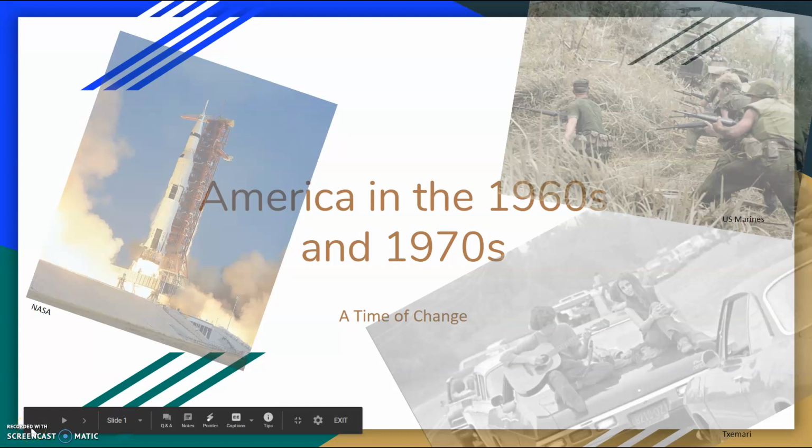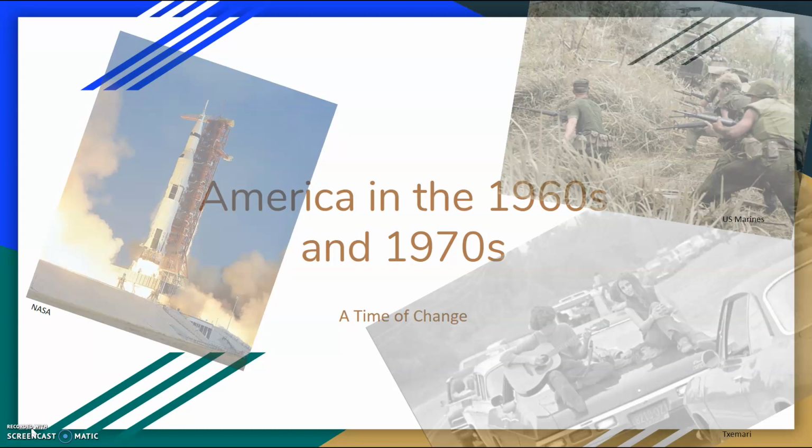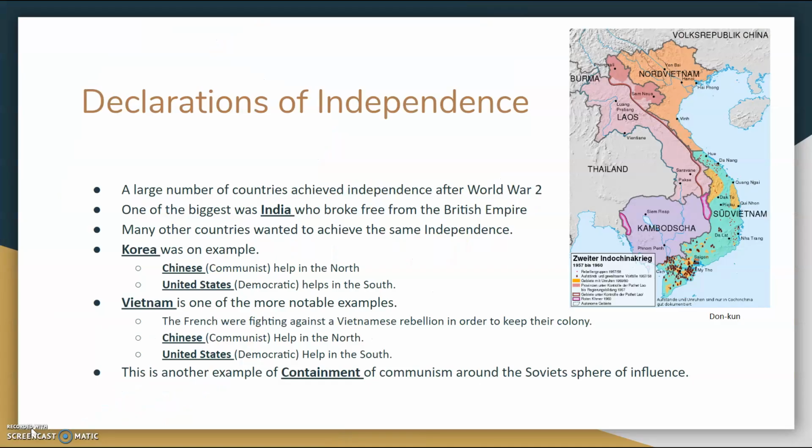Right, students, we're going to review the 1960s and 1970s. What we're going to find out is this is a time of a lot of change that takes place in America. We're coming out of the 50s, where, as you've learned about earlier in this web quest, the 1950s was a time of a lot of homogeneity, and people were building the same houses and living in the same communities. And what we're going to see in the 60s is people starting to rebel against that.